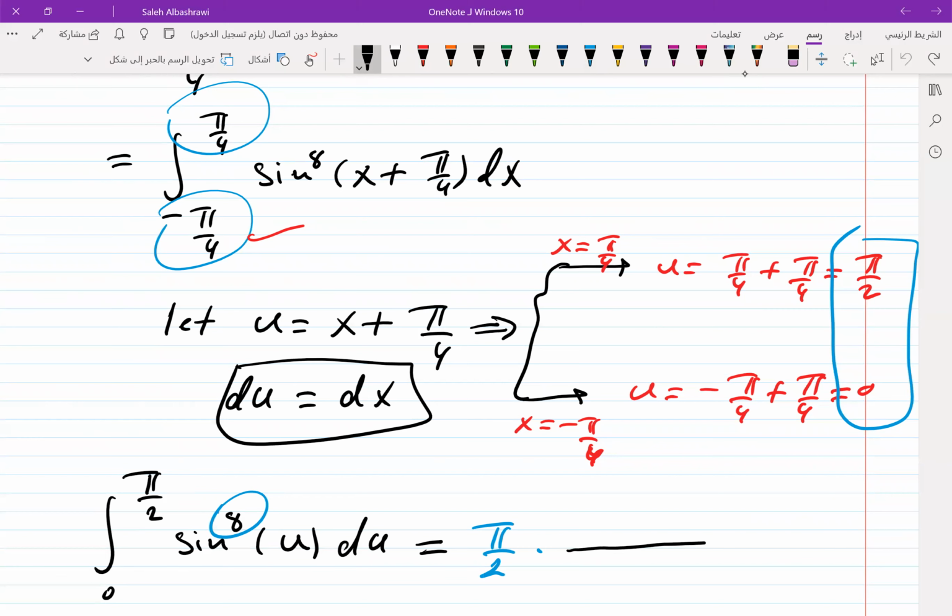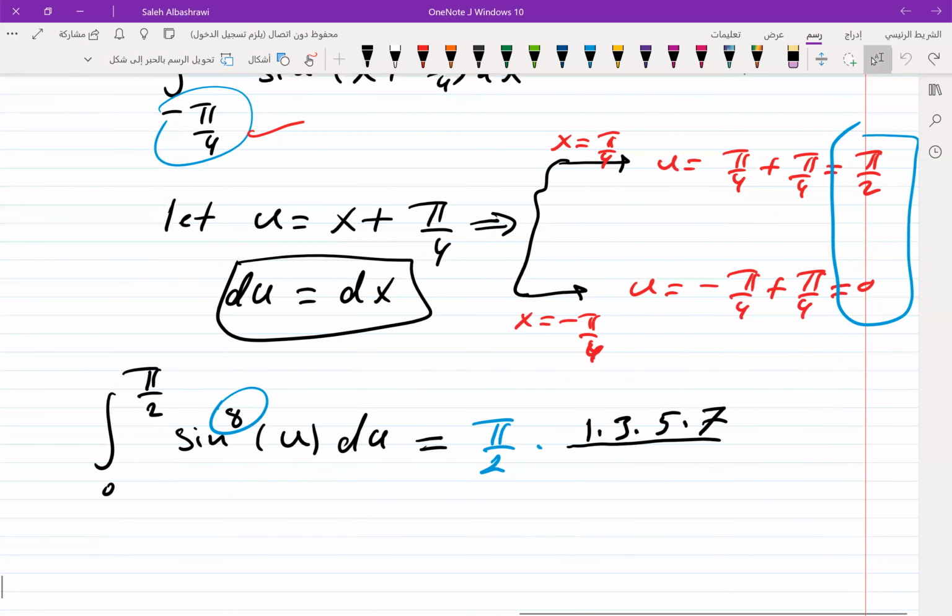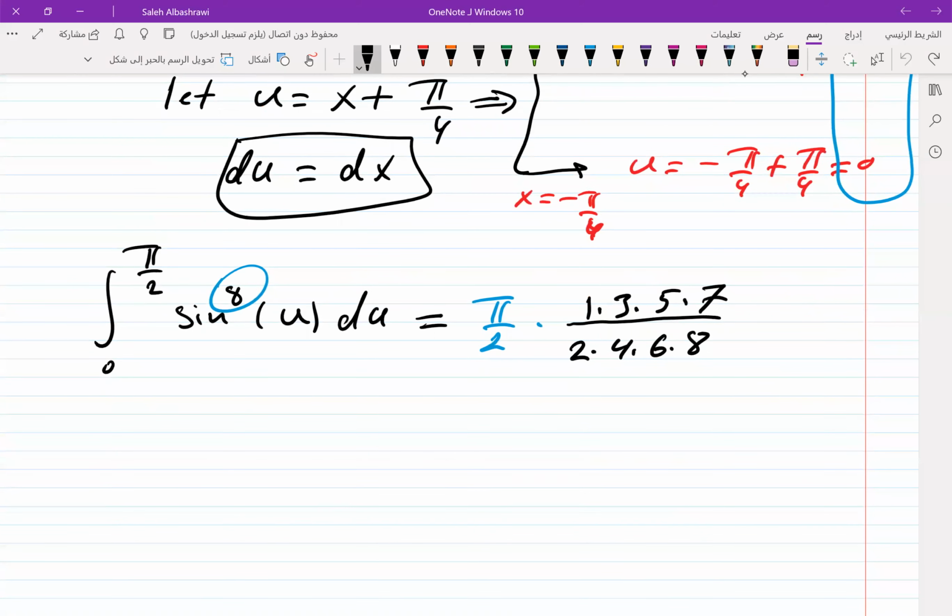Multiplied by 1 times 3 times 5 times 7 up to n minus 1 divided by 2 multiplied by 4 by 6 by 8, which is equal to, take this 3 with 2 down, I will have 35 pi